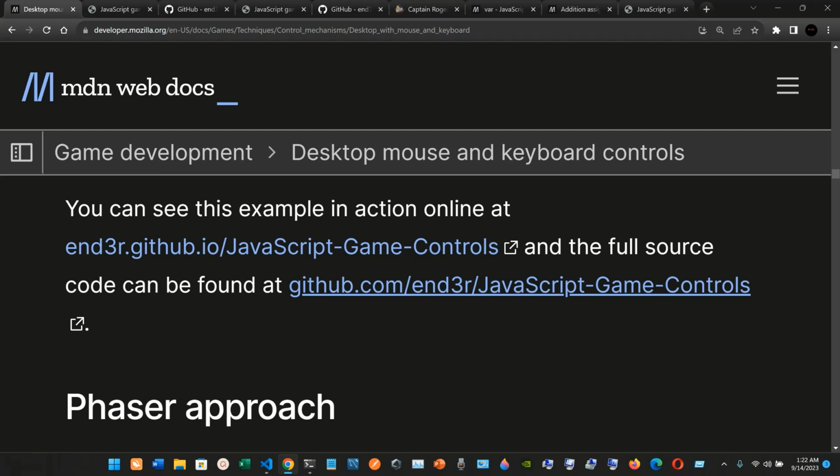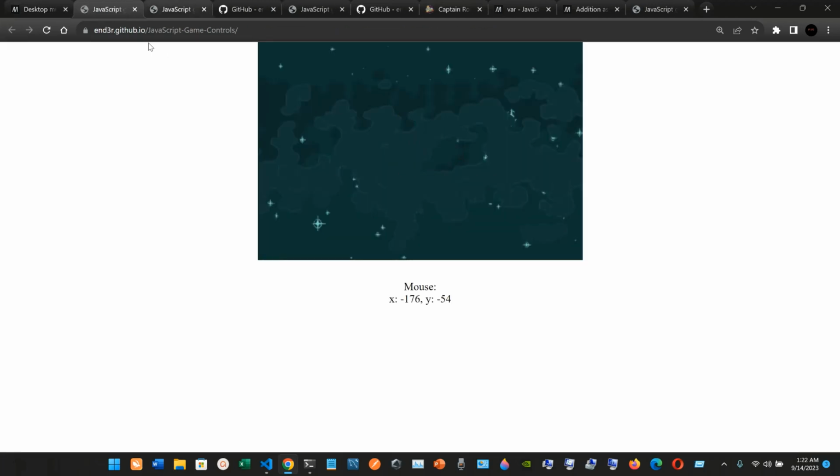So in the game development and the desktop mouse and keyboard control, we have the GitHub repository as well as the demo. If we click here, we're gonna have this demo here. So this is what we are gonna be building. So if we can press, for example, right now I'm pressing